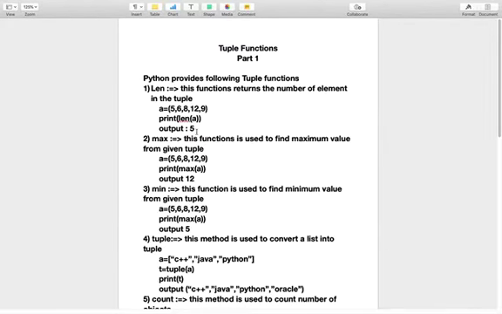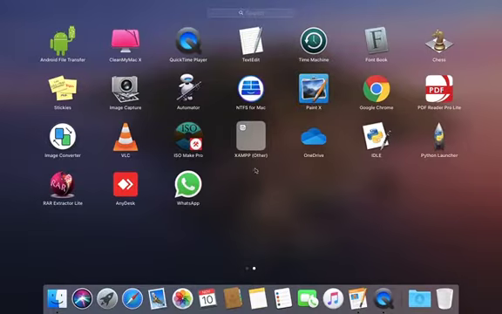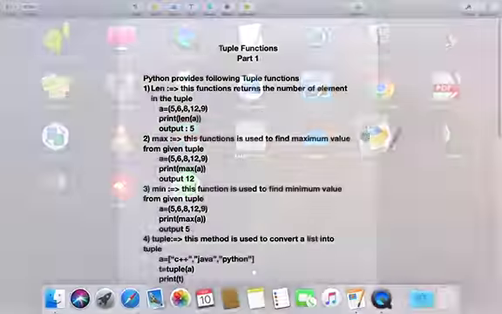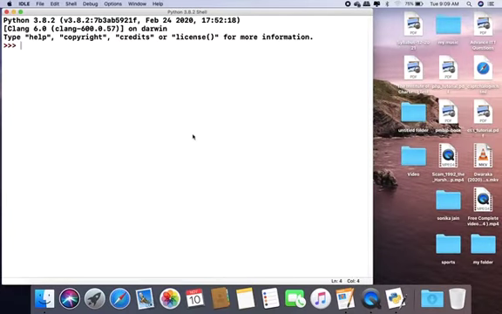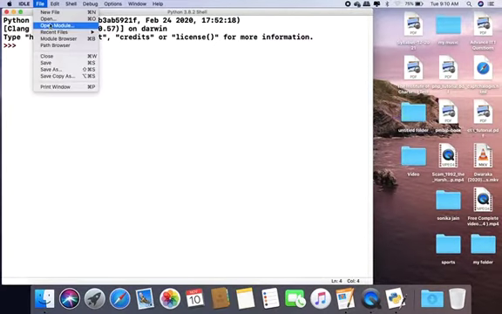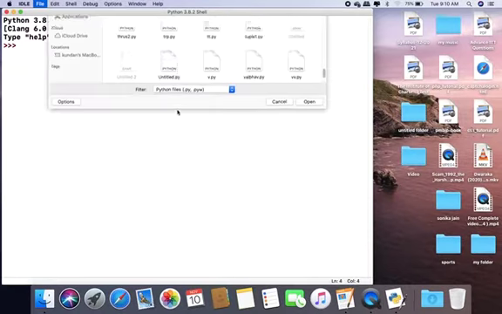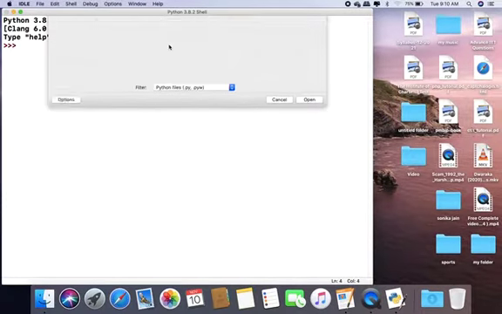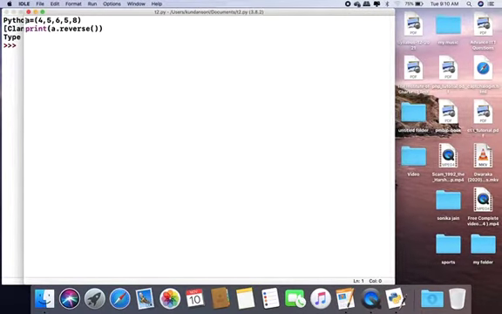So we will execute this program in Python. If I have a equal to, as you know a tuple is written in small brackets, so I write any elements.